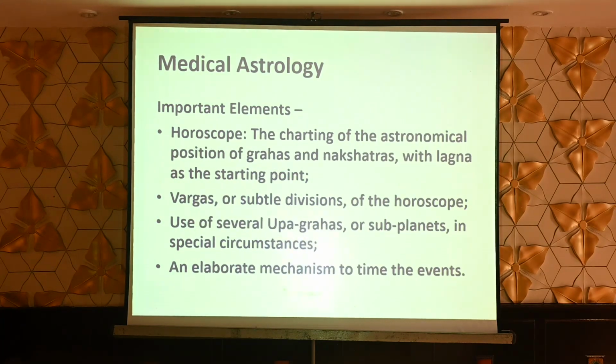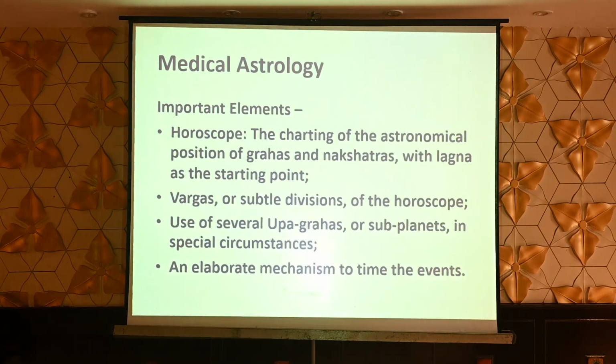Horoscope is the charting of the astronomical position of grahas and nakshatras with lagna as the starting point. So lagna is the first point, and then other signs in different houses. And of course, those who are into astrology would know that Vargas are subtle divisions of the horoscope. The basic chart is too basic, so therefore you need to go into subtler divisions of the horoscope, because you